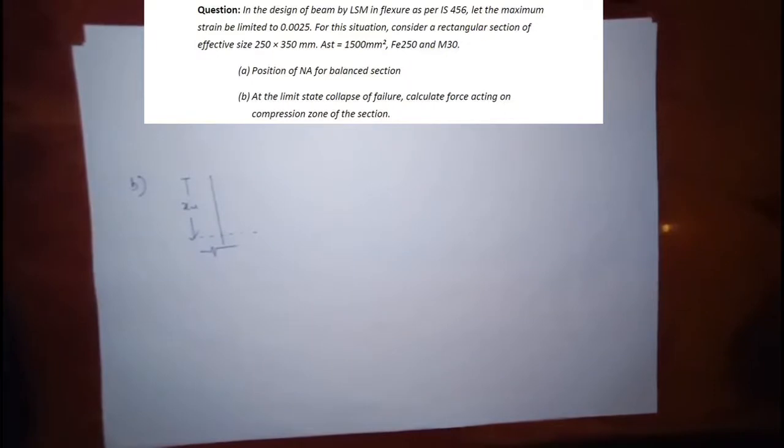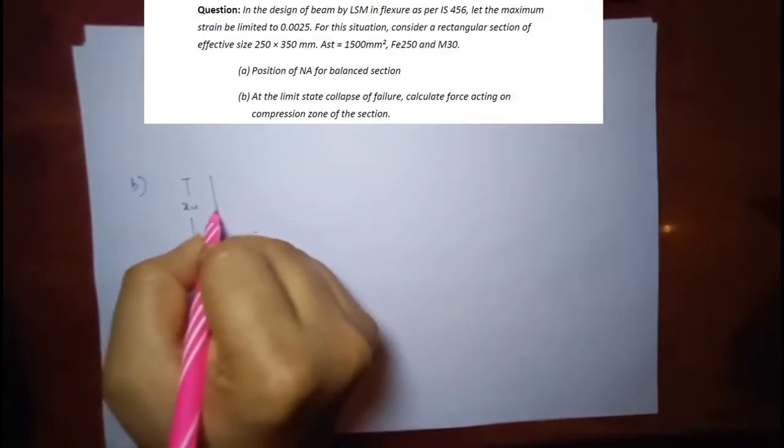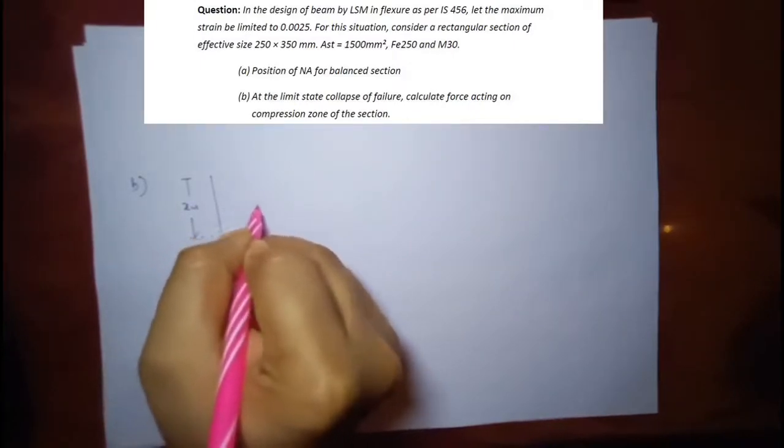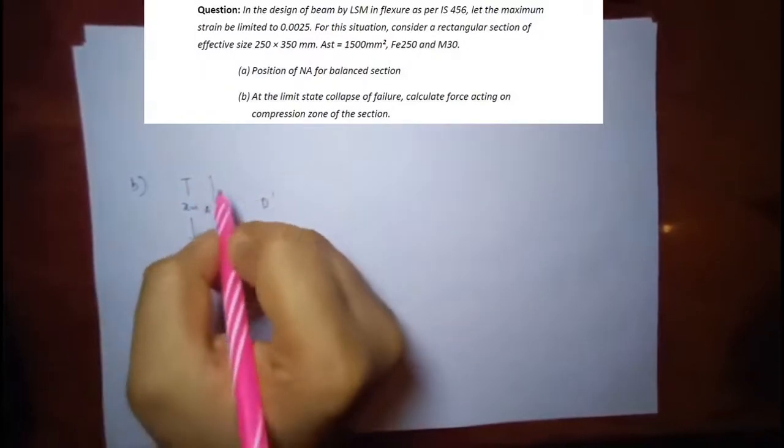For part B, the question is asking: at the limit state of collapse of flexure, calculate the force acting on the compression zone of the section. So we have to calculate the amount of force that is acting on the compression zone of the section. So this is xu, and this I will write as d dash,